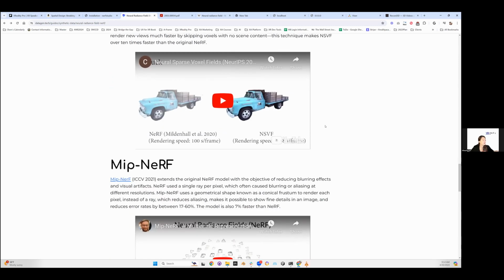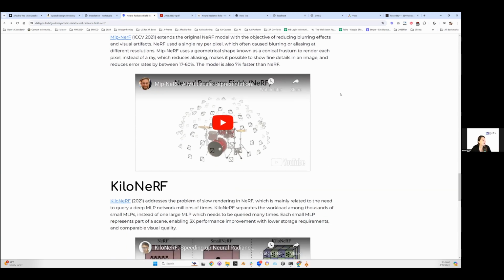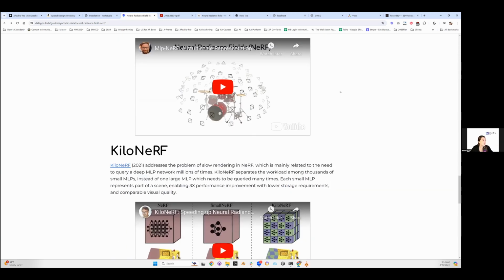So it's more like a progressive mip-nerf. You can also use a single ray per pixel, which often causes blurry or very low resolution, but you can use these other different ways to reconstruct a